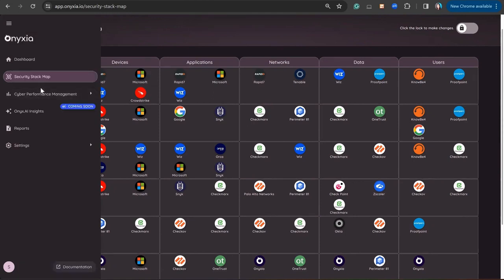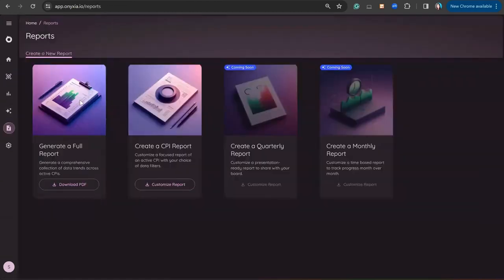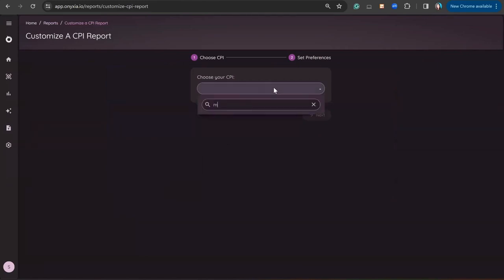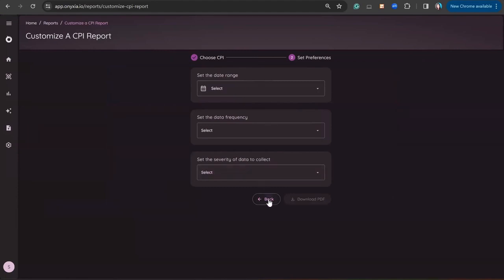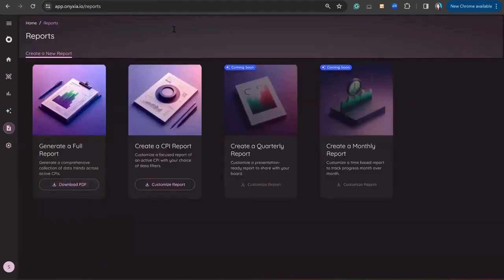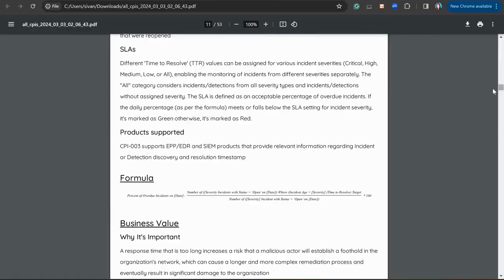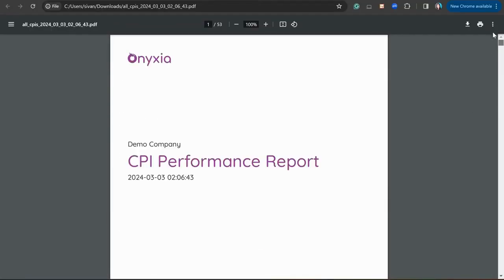I was talking about reporting, which is one of the things that is super important, and it's definitely part of the day-to-day of any CISO. We allow you to get a full report or a customized report based on a specific API and even specific dates. And as soon as you click on that, you'll get a report that looks like this, a full report